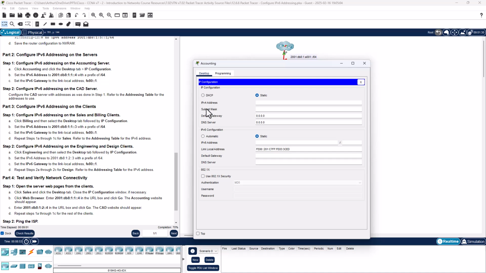Again, not DHCP. Set this address, /64. FE80, that's its local address. And then we're going to set the default gateway